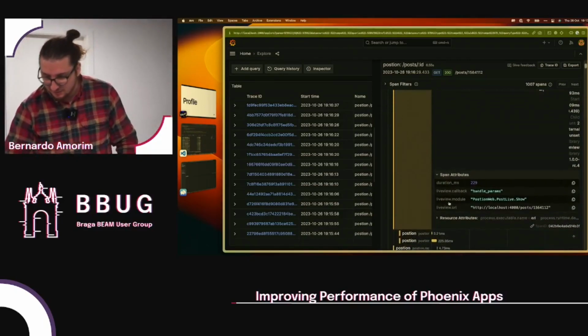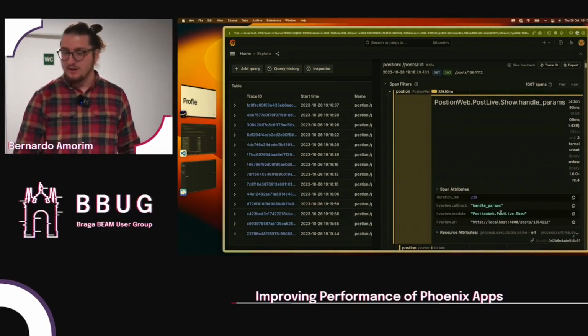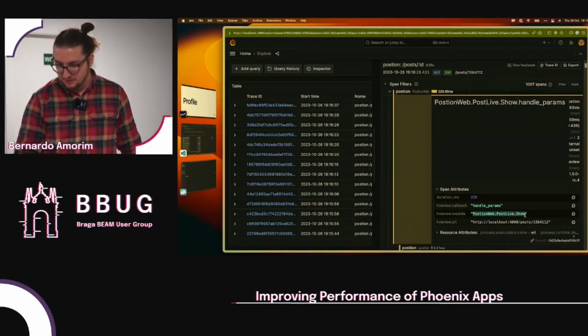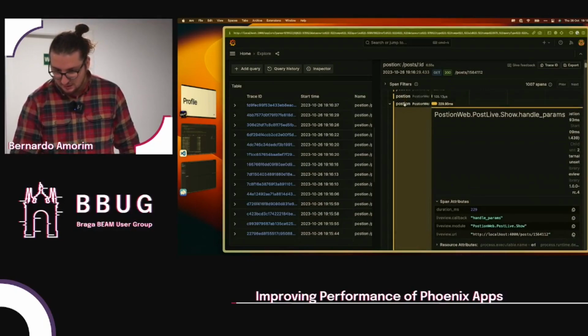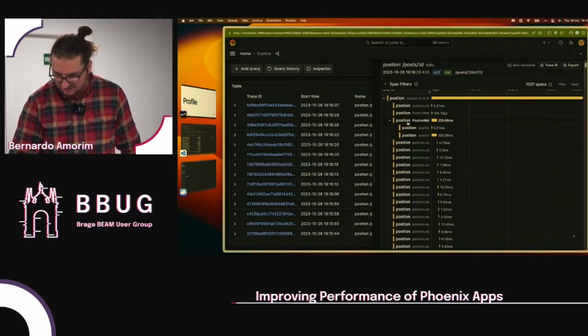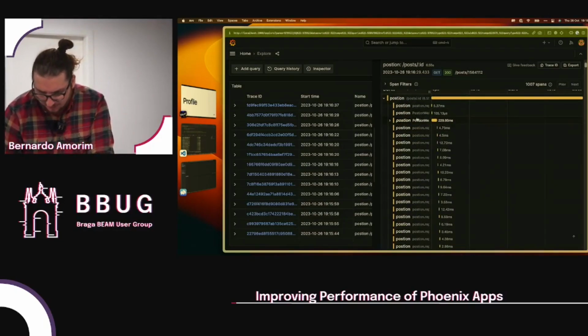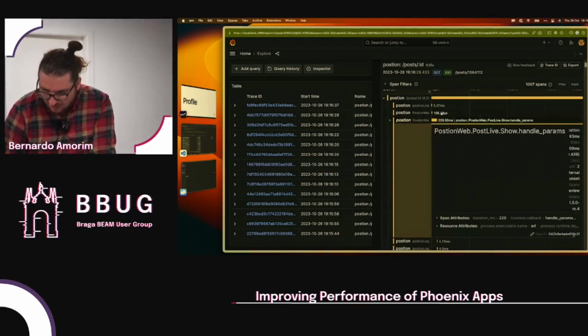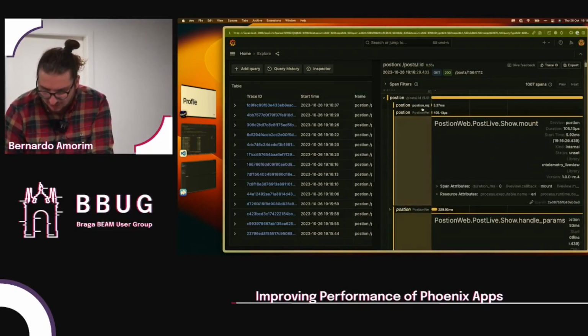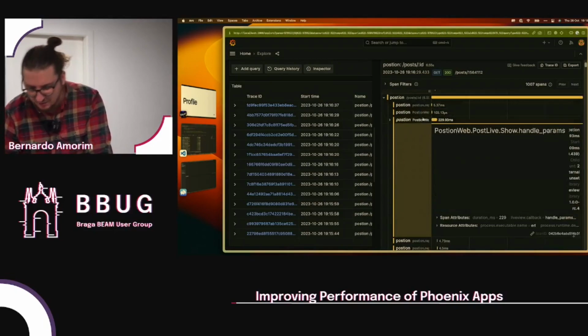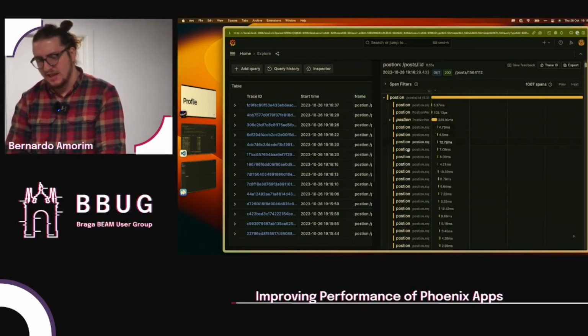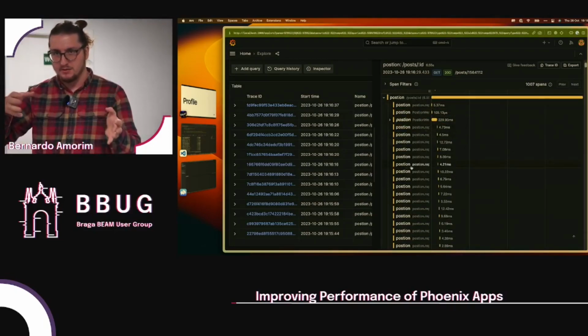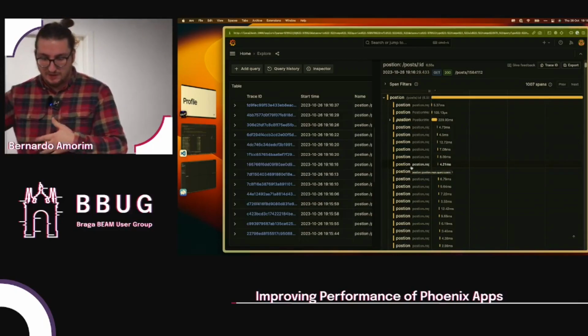And in fact, you have a lot of things. So here's a LiveView related thing. So I know this is something related to post live show. I also see that this is after the handle params and after the mount. So yeah, this is a weird thing about LiveView, but this just gives me an indication that this is happening on the render. Like I render the still things, then there's some child components that are rendering after that